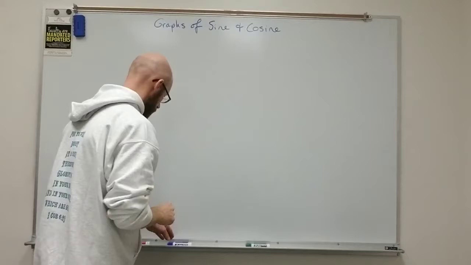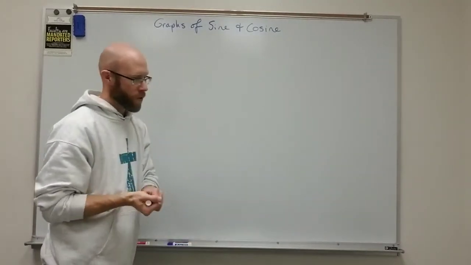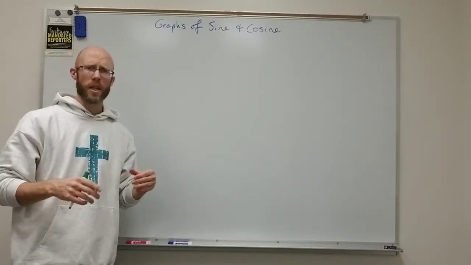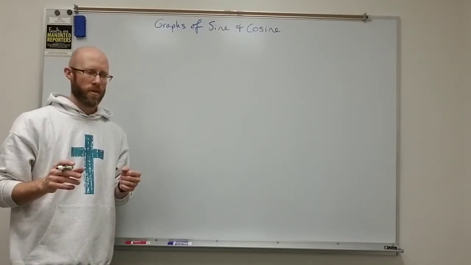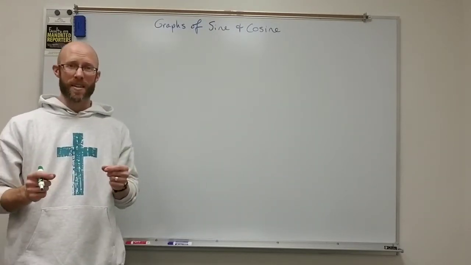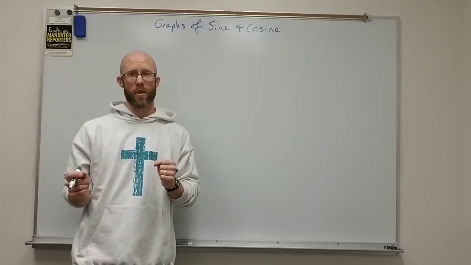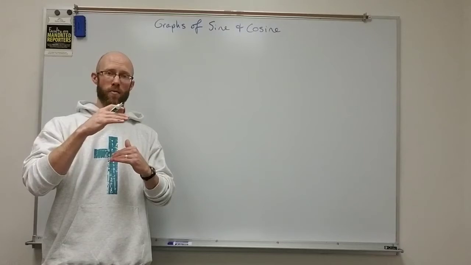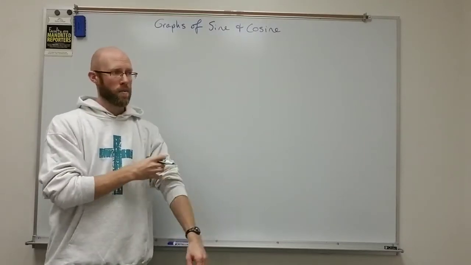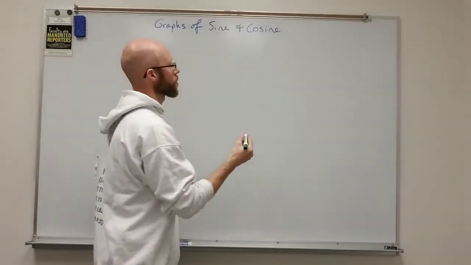And I'll show you just a couple things. First of all, when we dealt with the unit circle in the past, we saw that the sine and the cosine have the exact same domains and ranges. Okay, the cosine, just like the sine, is pinned in between -1 and 1. In addition to that, we know that the cosine,